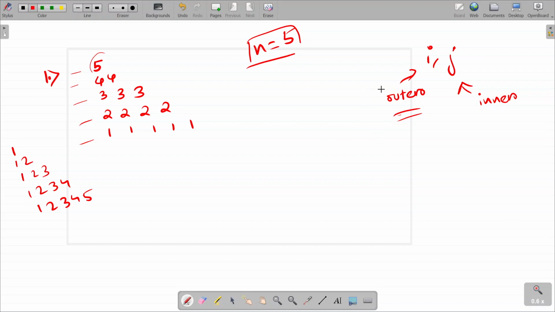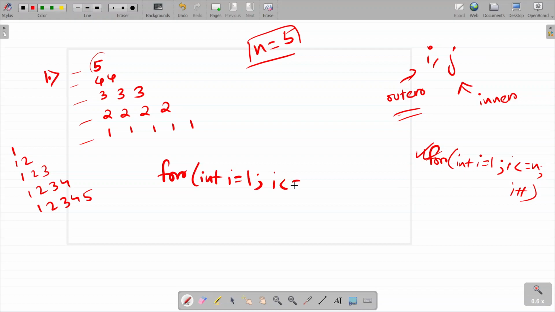Now see how many times i will run. i will run 5 times. So in the last class we have solved something like this. We have done for int i equal to 1, i less than equal to n, i plus plus. We have done this one, but here the pattern will be slightly different. Let's start with this one only. For int i equal to 1, i less than equal to n, i plus plus,